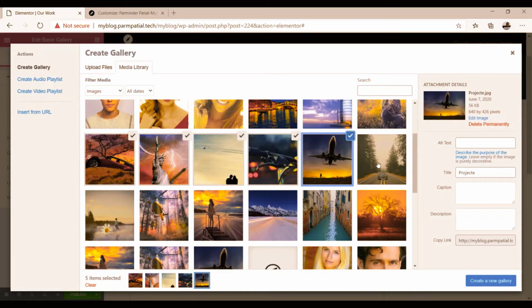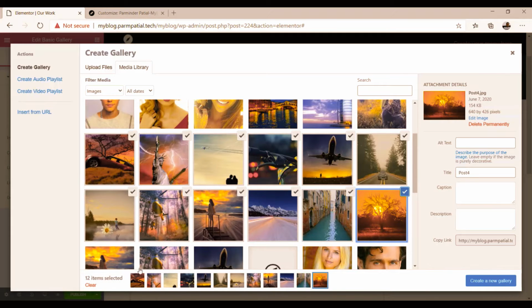Just click on them and you will find a tick mark over there, which means the image is selected for the gallery. Here you see, all the images I have selected. I don't want to add this image, for example. So just click on the button create a new gallery.